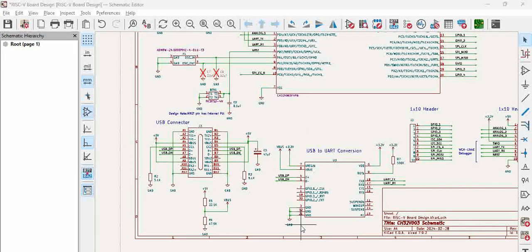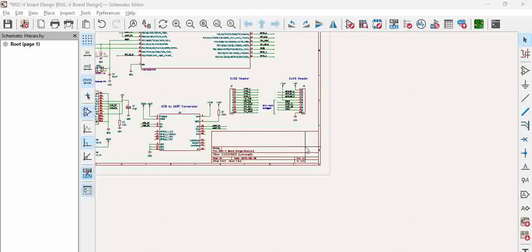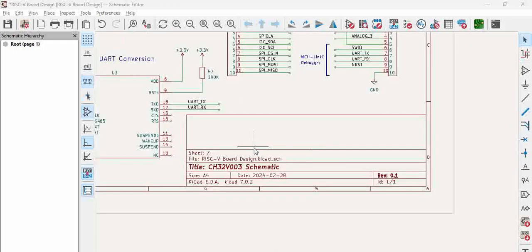Hello all. While working on schematics, one of the important sections in the schematic sheet is the title block. So if you see here, this title block is very important. This can give very important information on what this schematic is and who worked on this schematic, and basically